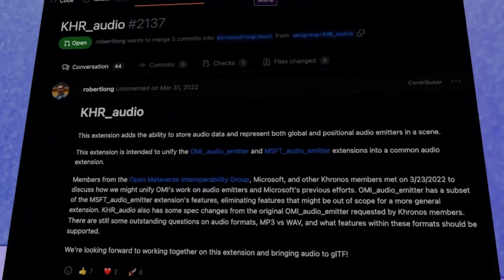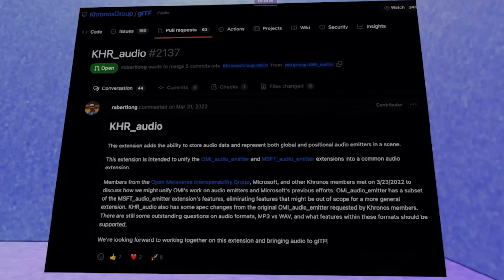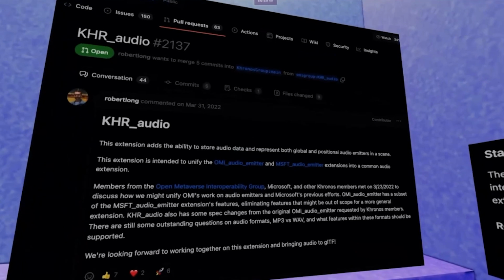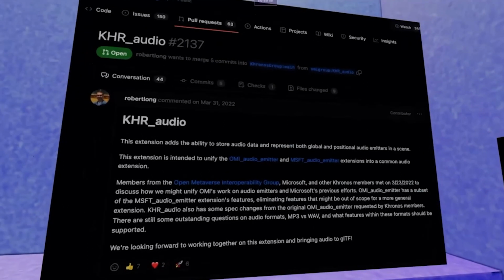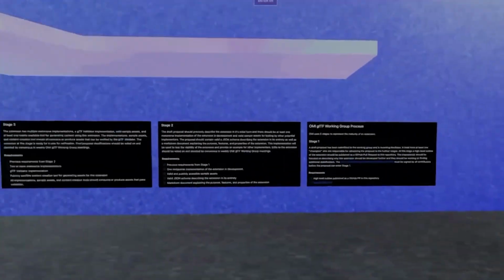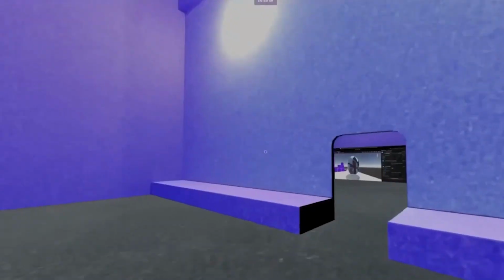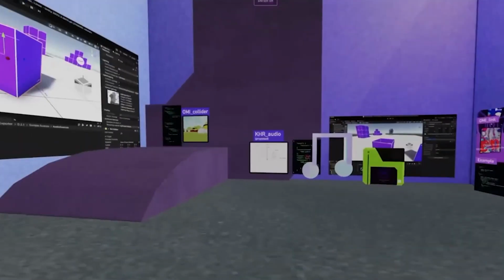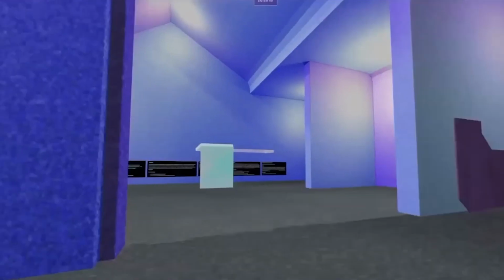or that extension. And yeah, so this one right now, it's been open for a while, but it is, I swear, very, very close to being officially accepted as KHR Audio. I think we got like one little piece of feedback that's holding us back, and it'll be done. But yeah, that's how an extension can go from an idea to an officially proposed standard. And yeah, so that's kind of how we're looking at standards and digital assets and bringing it all together through a working group. And yeah, it's been really fun.